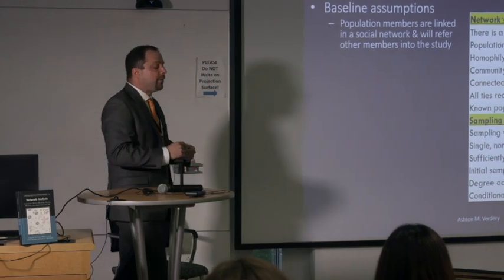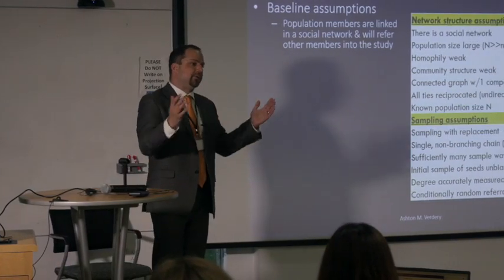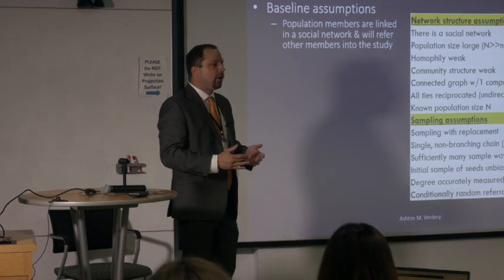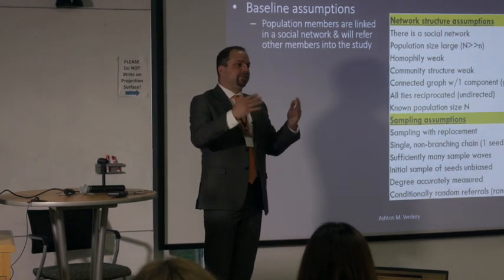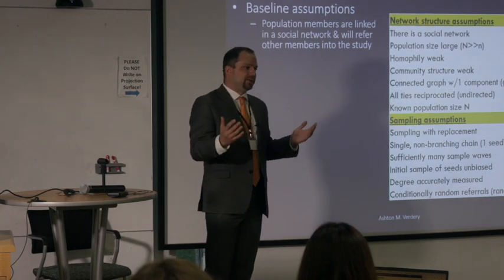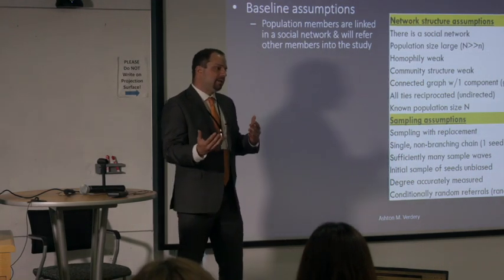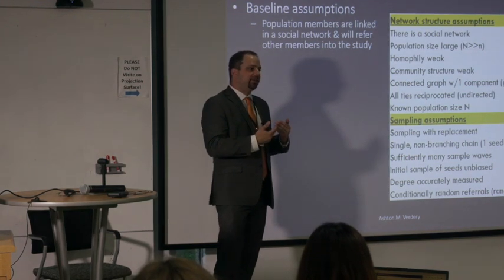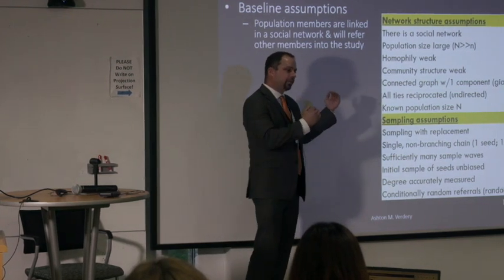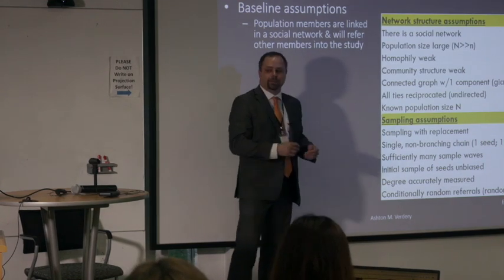Another assumption is that the population size is substantially larger than your planned sample size. RDS tends to perform poorly when, say, you sample 90 of the 120 members of the population, because some of the estimators rely on this without-replacement sampling design, which necessitates a population size much larger than the sample size.